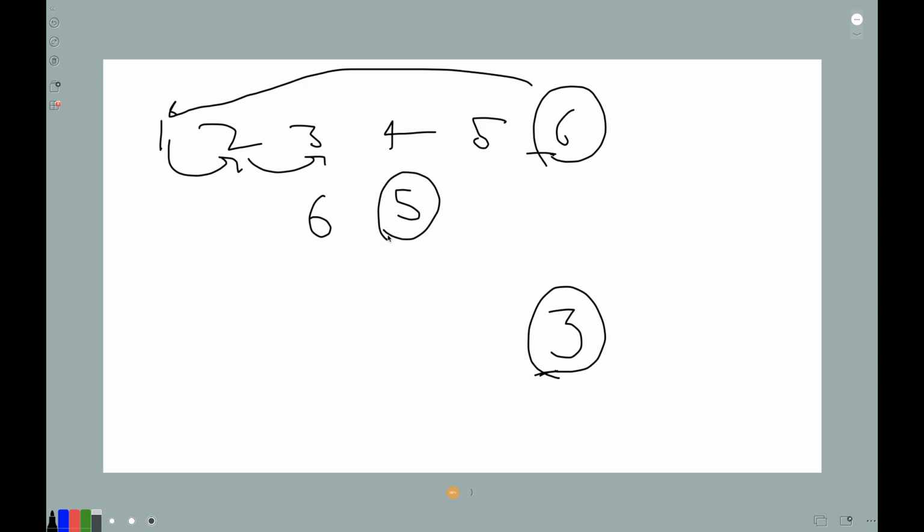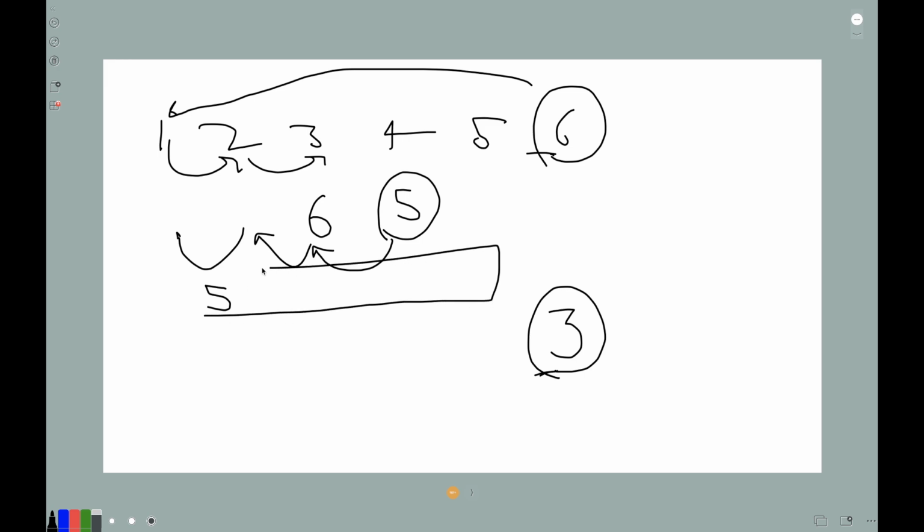So if I were to rotate it left 3 times, then I would reach the state of the array where this last operation had not occurred. So move it 3 back,